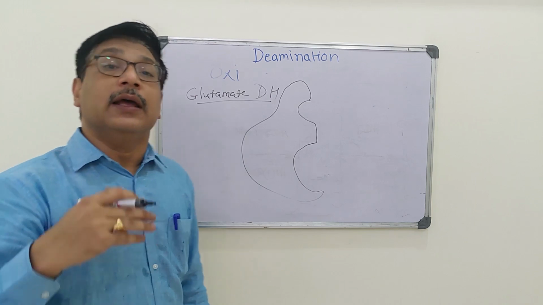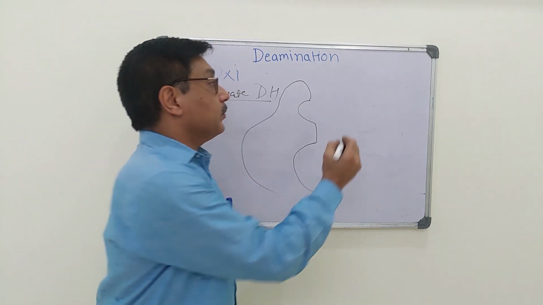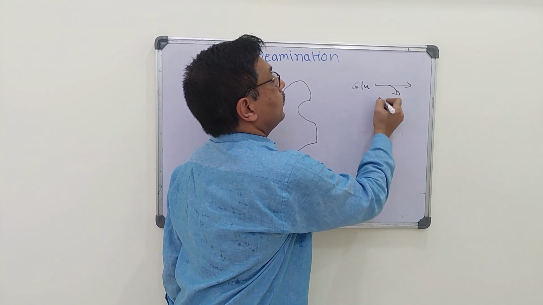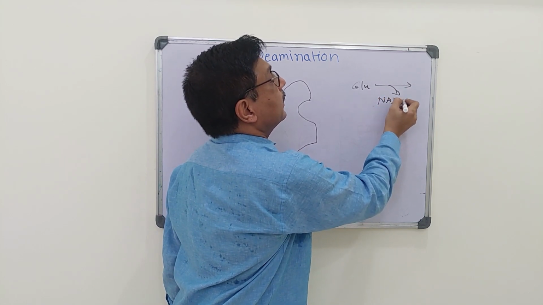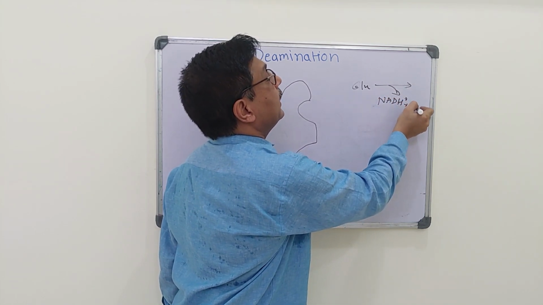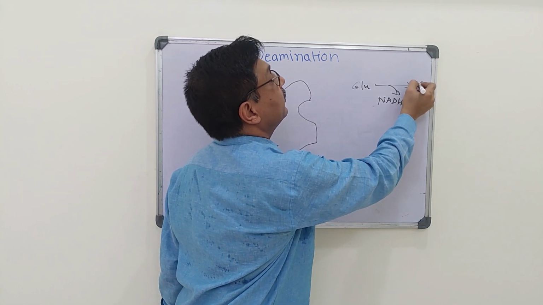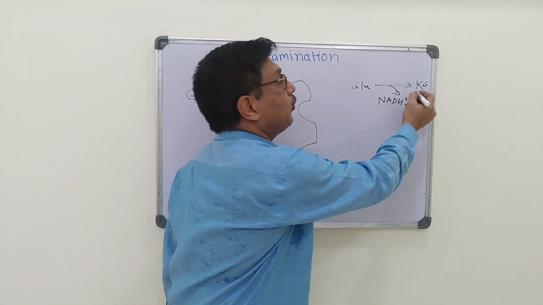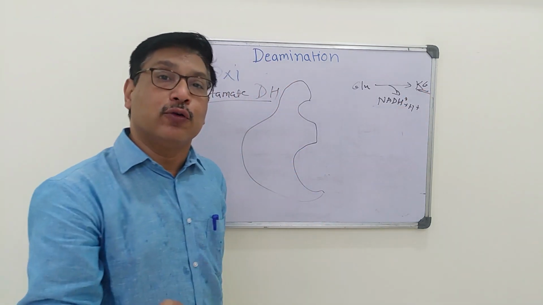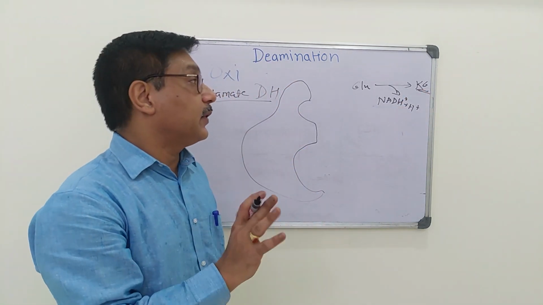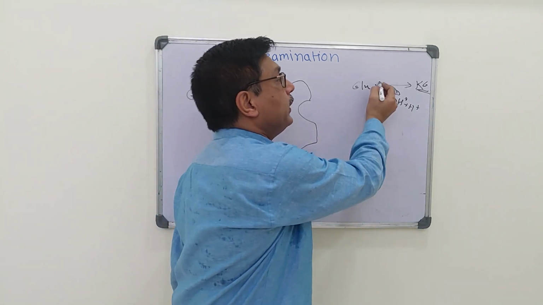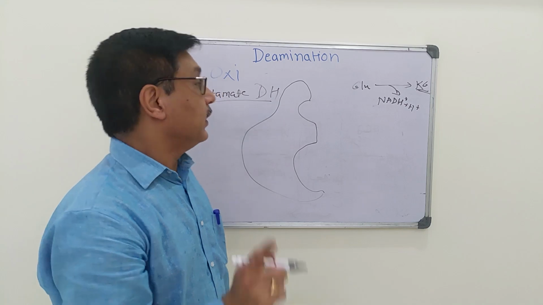So we have seen glutamate, there occurs production of NADPH and H plus during this reaction. So this is energy generating reaction. Also the product of this reaction is alpha ketoglutarate, which can enter into Krebs cycle where it can produce energy. So overall reaction is energy producing.